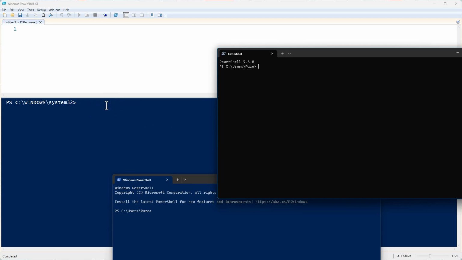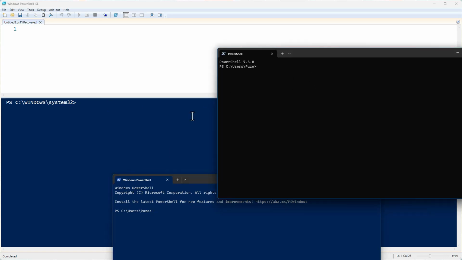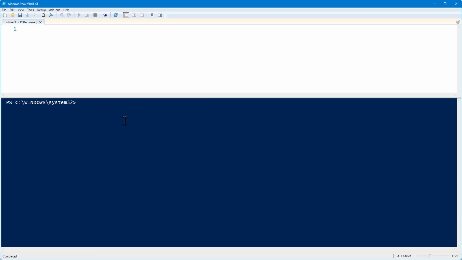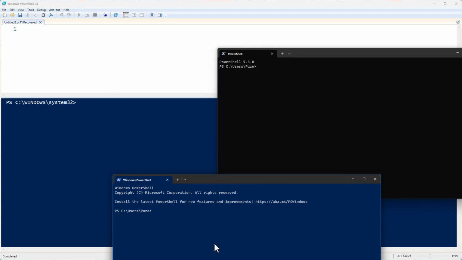If you execute any PowerShell script or something, it will be executed only in this window, in this process, and its data will not be shared to this window, to this instance, and to this instance. They only share the system information and memory information. So keep in mind that everything you execute here doesn't actually happen here or here on those processes. They can work separately on the same engine. Okay,